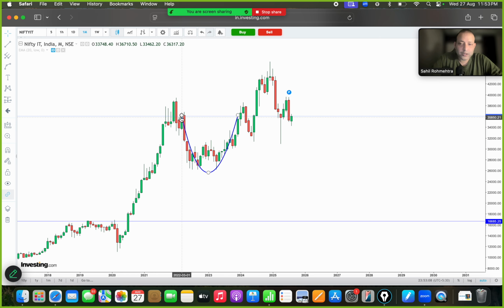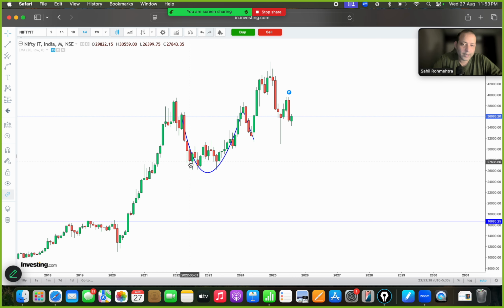So the intention is to show that there was a base formation and there was a rally, and then subsequently we can see the formation of the handle, right? Again, I'll make this blue. So what we are basically seeing is something like a cup and a handle structure. I'll darken this one. So what we're seeing is a cup and a handle structure, and of course it pretty much broke out at